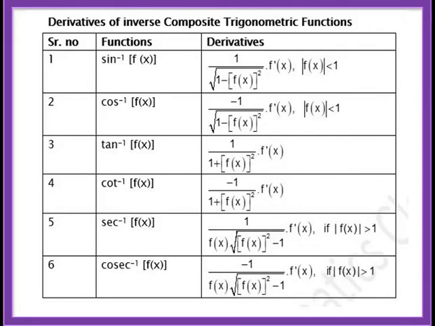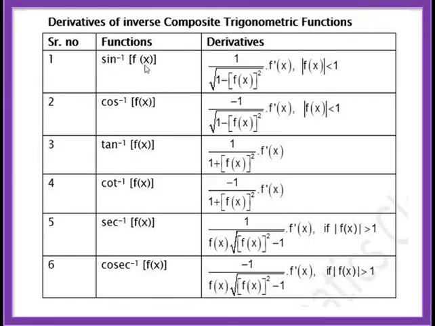Now, derivatives of inverse composite trigonometric functions. You will also appreciate that every time x will not be there. It can be x square, it can be x cube. So we consider the general case. That is, instead of considering sine inverse x, I'll consider sine inverse f of x. Now, how to find the derivative of sine inverse f of x? Simple. Replace f of x by u. That is why I tell that the derivative of composite function, that is chain rule, is the most important rule in derivatives. Now the topic is inverse trigo, but you require the knowledge of chain rule.